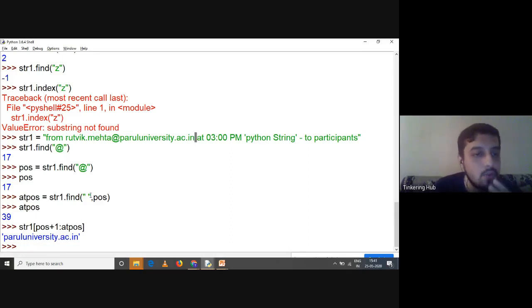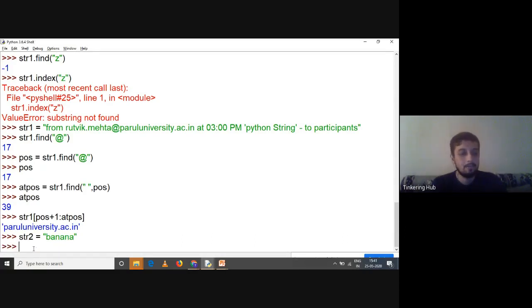So we are specifying two arguments in the function. First argument, the character which we want to find, which is space, and after which index? After the post index, so after index number 17, right? It is something like this. Understand this. Again, if I say str1 is equal to, let us say EA, or let me make it str2, so there is no confusion, EANANA, right? See this, and how this works.